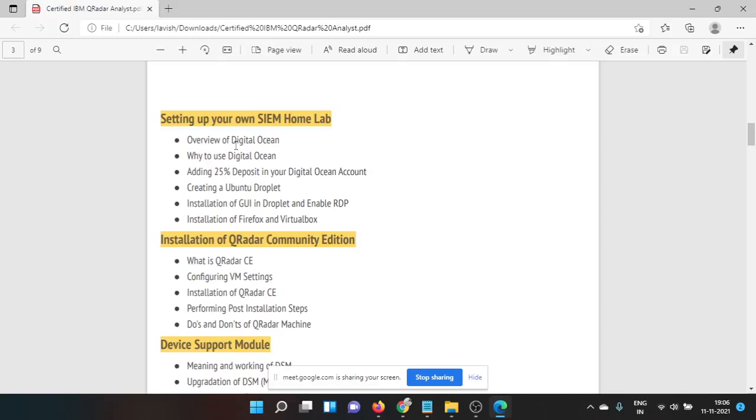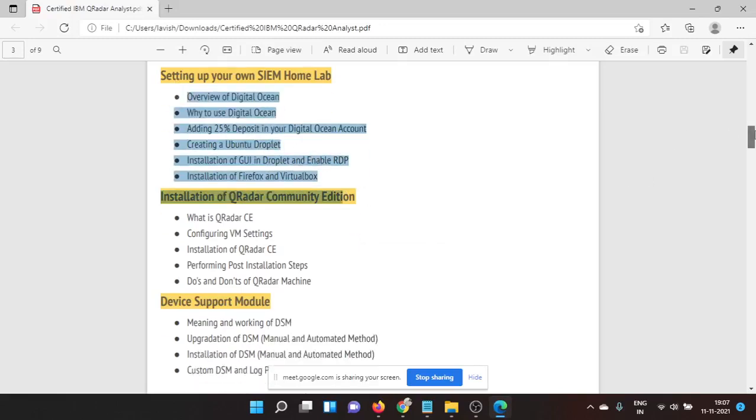If you purchase some DigitalOcean and all, then it is up to you. But I don't recommend it actually. If you are spending something like 1 to 2,000 on DigitalOcean, it is not required. So that's why I did not tell you how to set up this one. It's not required basically. It's a cloud-based environment.